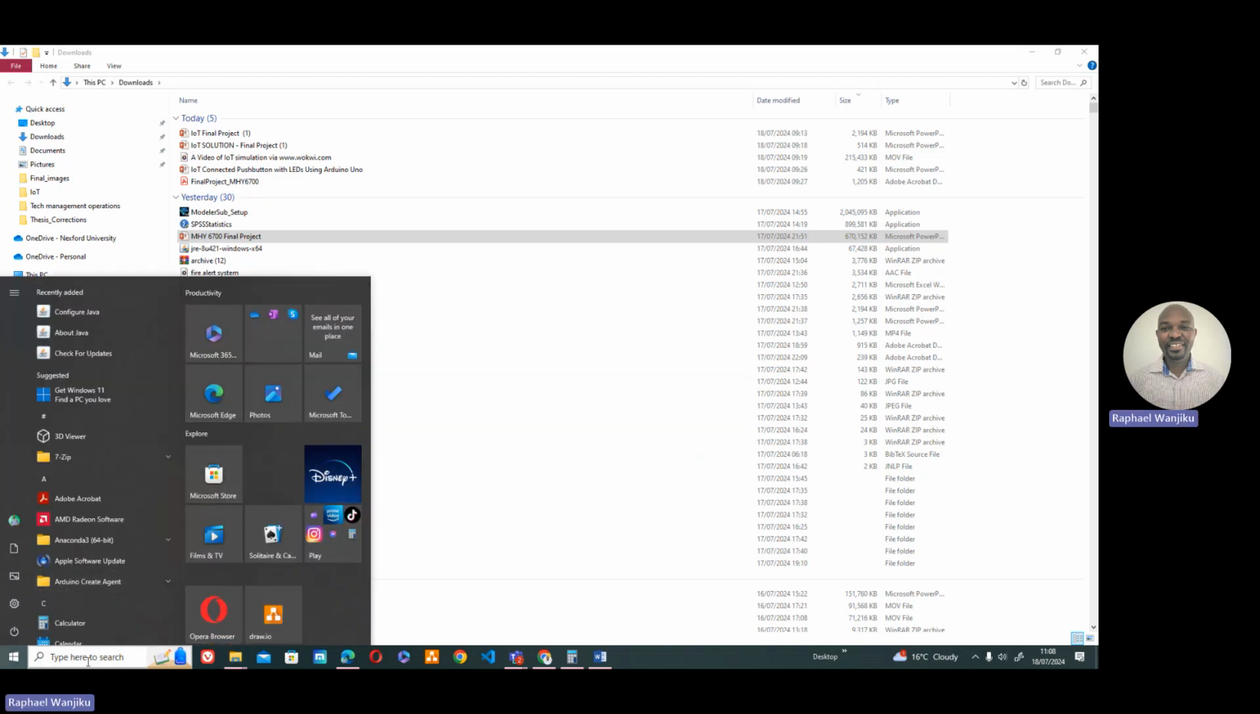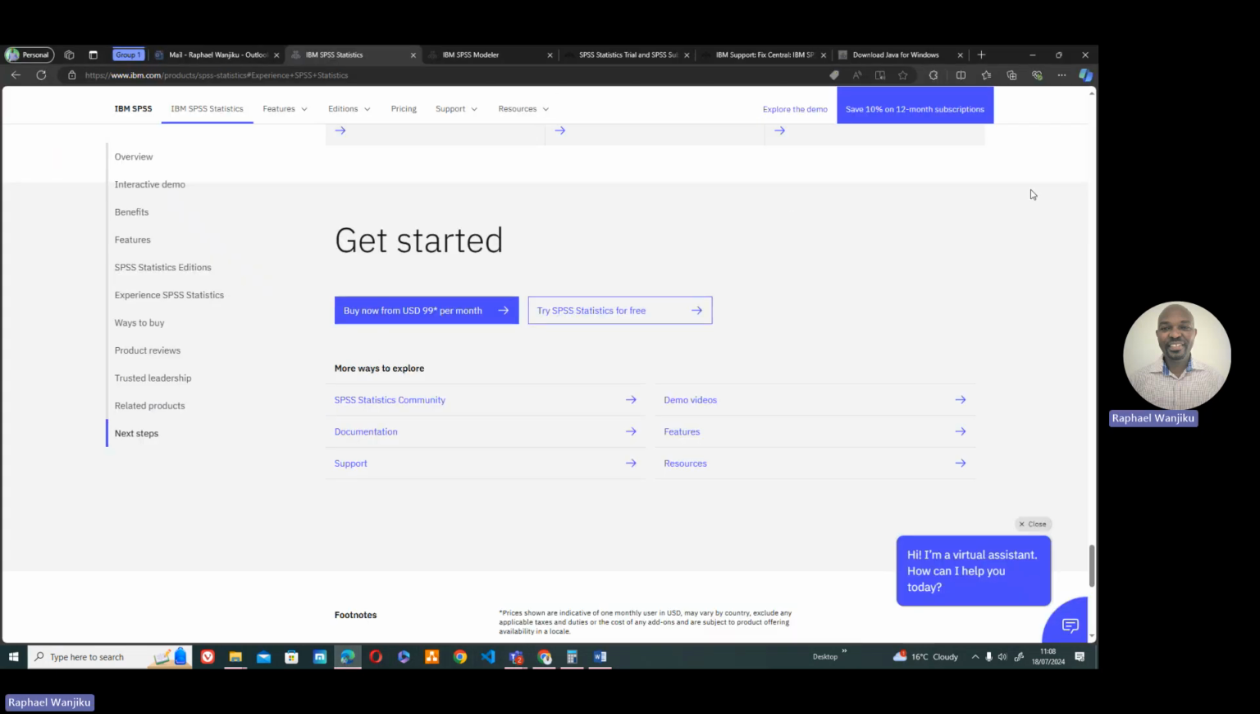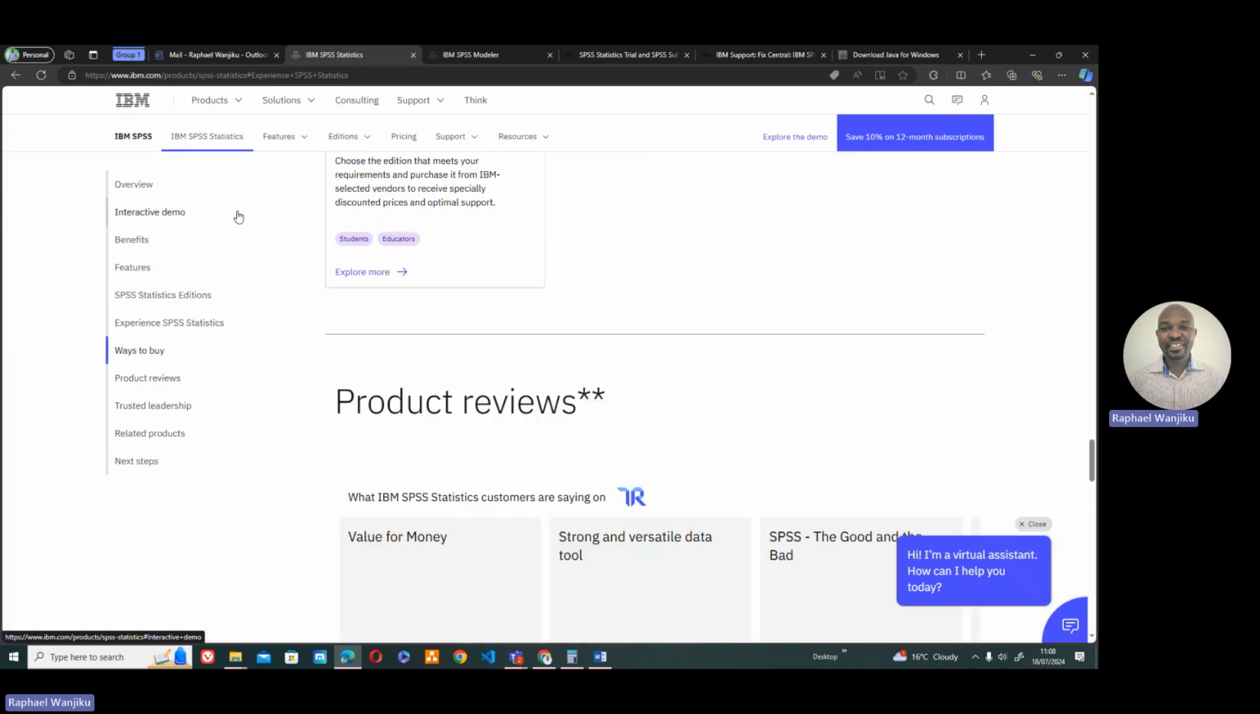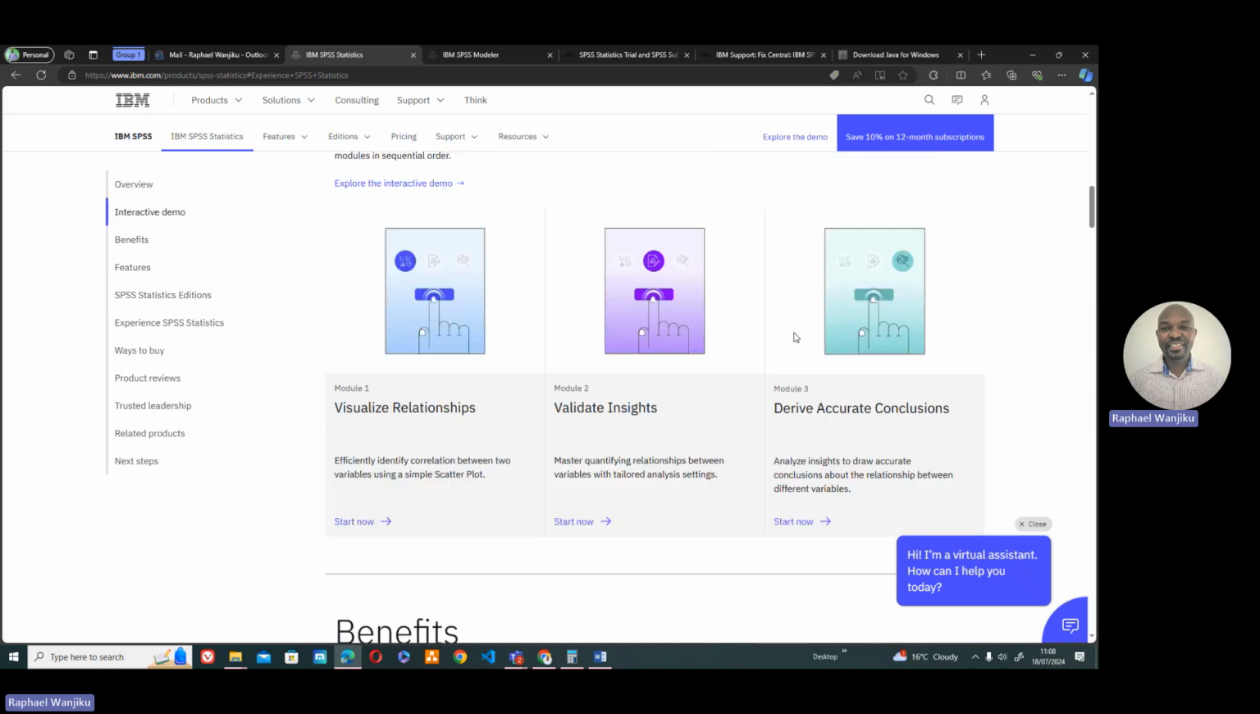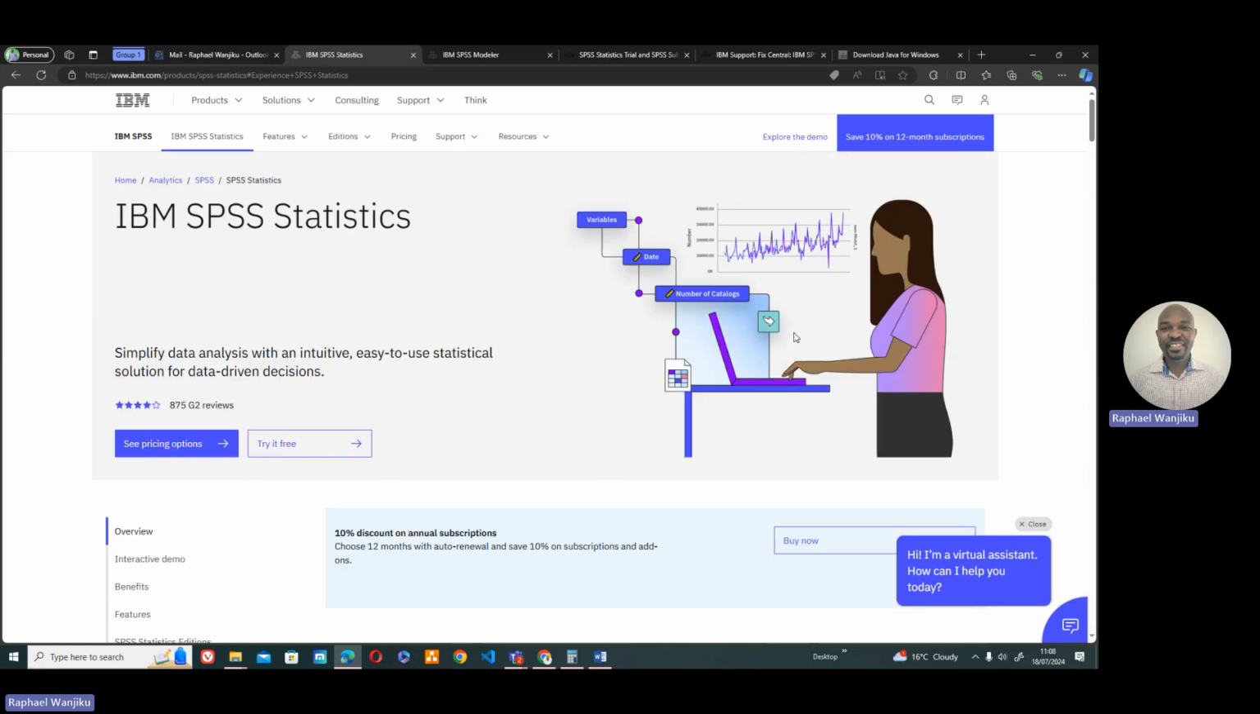You will need the SPSS. So I'm just going to show where you can get the SPSS. If you Google for IBM SPSS Statistics, this is where it will take you. And you will need to have an IBM account. So the first thing, have the IBM account, then you'll be able to be directed to where the software is